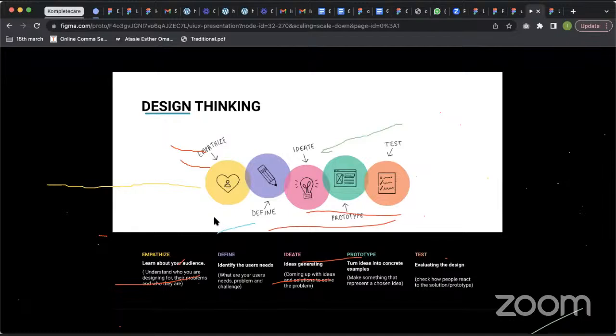These are the problems. Now I've identified the problem. And how do you know the problem? By asking questions to users, finding out, doing research. So after doing the whole research about your audience, who you are designing for,